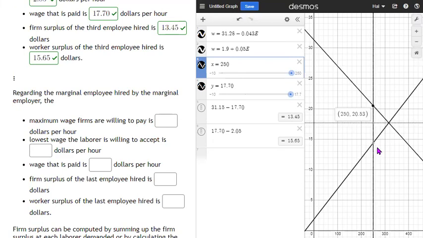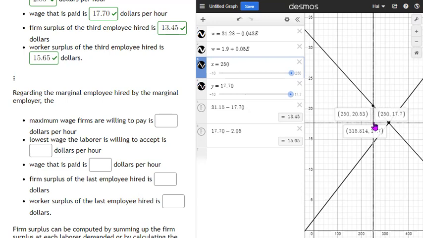Okay, so if the firm can hire 250 homogeneous workers and can't tell the difference between them, 250 is still relatively scarce compared to the 315.81 that are hired at the equilibrium point. So they're willing to pay these scarcer employees more money, up to $20.53, but they only have to pay